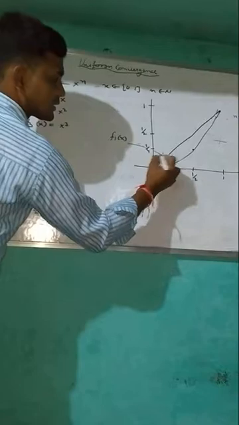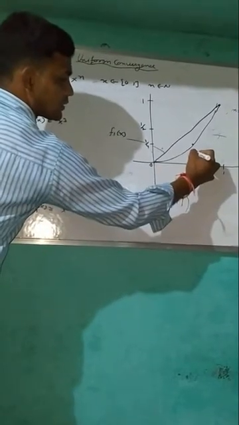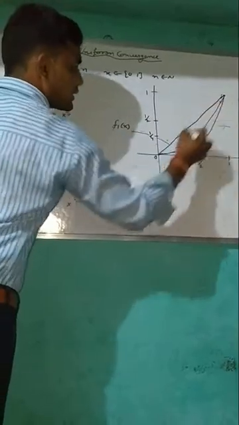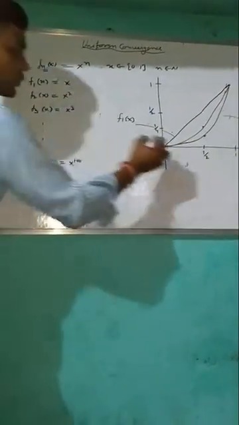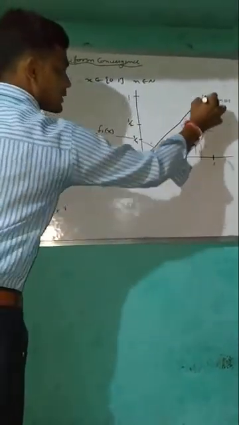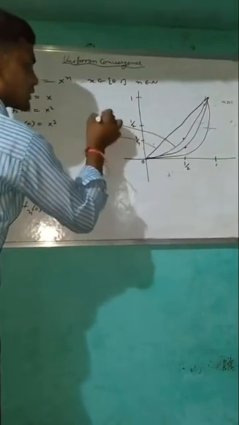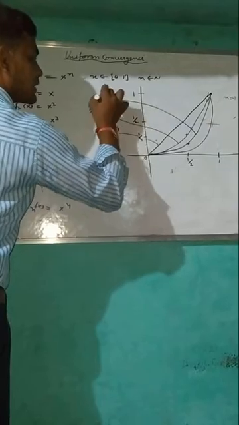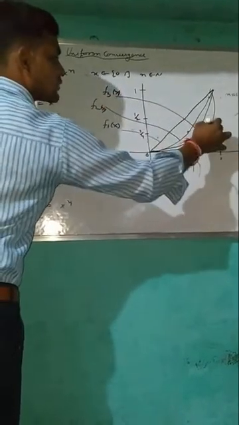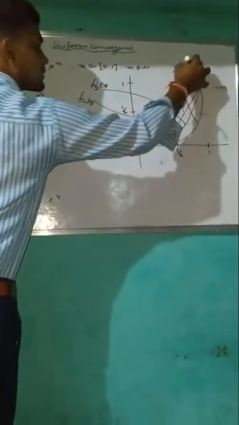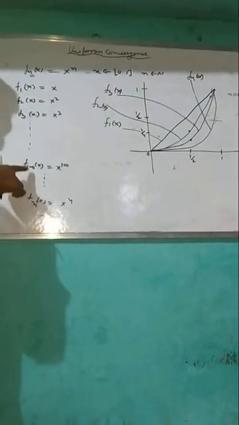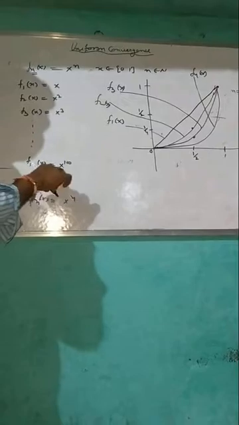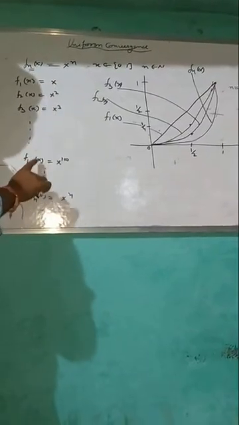It means this passes through this point. Similarly, when it is 1 upon 4, then this is for another function. This is the function f2(x). Similarly, this is the function f3(x). Similarly, this function is f4(x). Okay, and similarly, if you put f100(x), x to the power 100, when you put x equal to